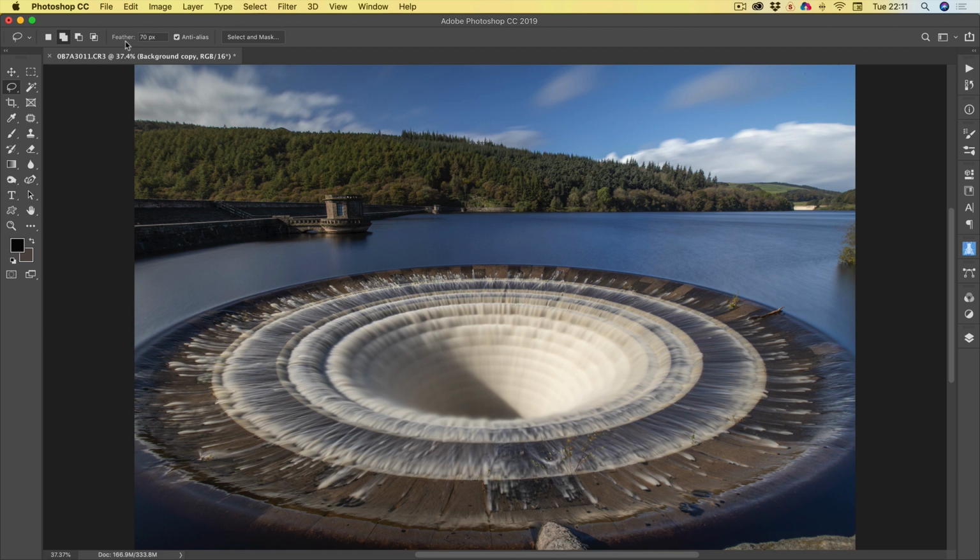So the feather is on the toolbar at the top there. You'll see the feather, and I've got quite a large feather already sitting there. Usually that will be on 0. And I'll just show you how this works. So if I draw a selection,